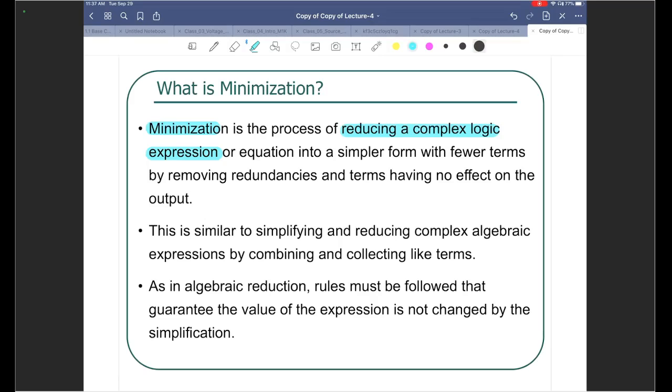So the goal is, the function could look very complex. You can simplify it, you can minimize it. But after you minimize, the function should not change. Now, when I say the function should not change, you are probably going to think about one thing that